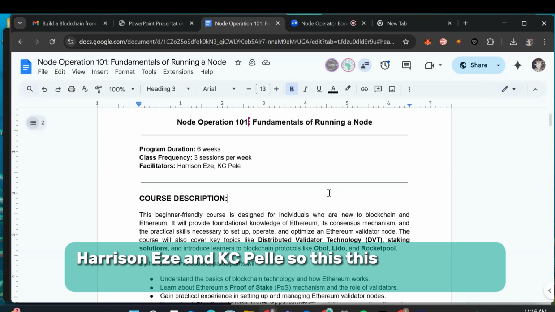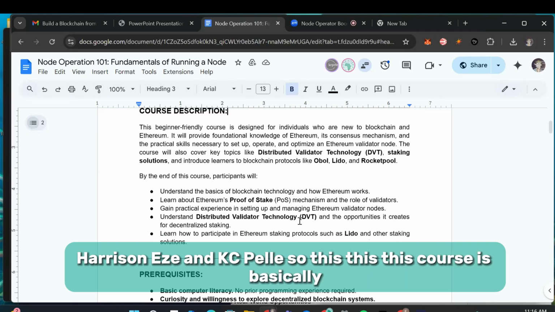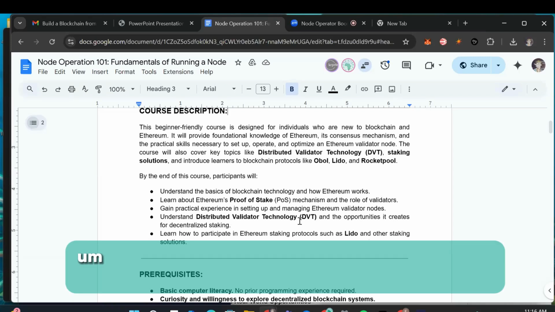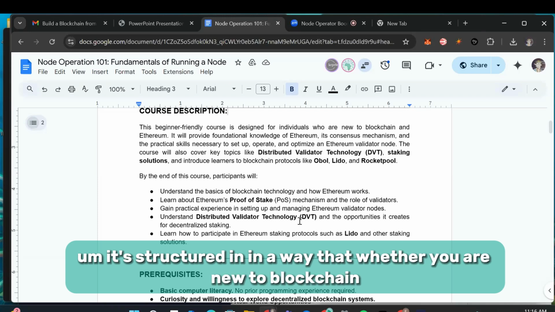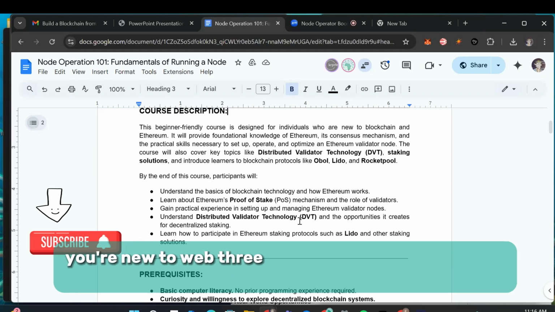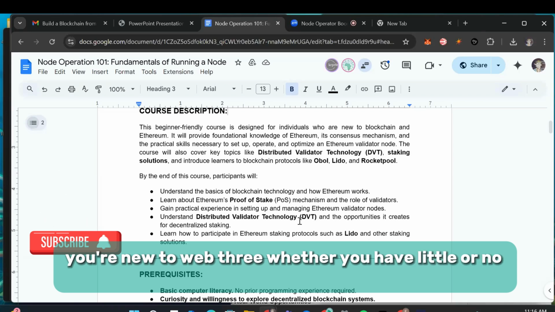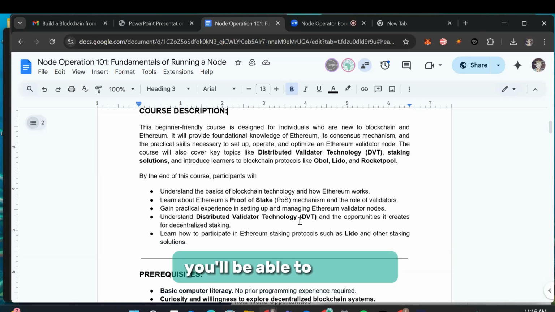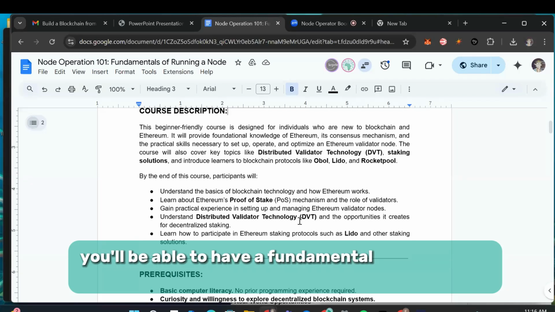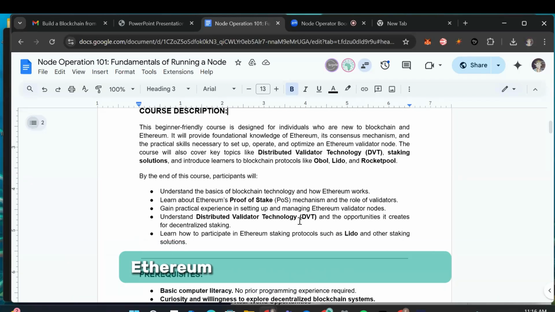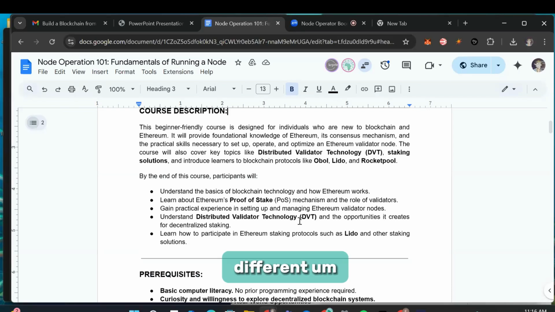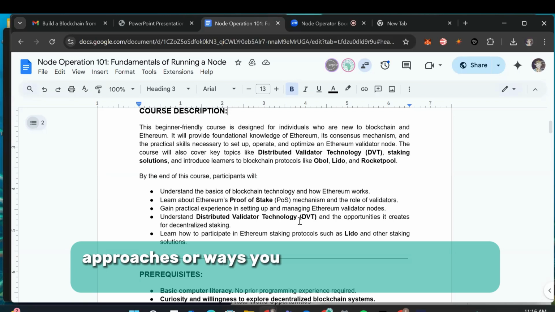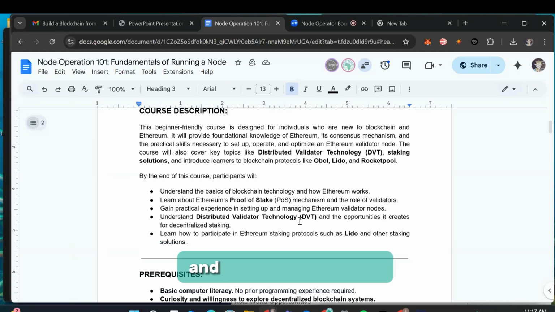So this course is structured in a way that whether you are new to blockchain, you're new to Web3, whether you have little or no experience, you'll be able to catch up. You'll be able to have a fundamental knowledge of blockchain, Ethereum, consensus mechanisms, different approaches or ways you can follow to set up your nodes, to operate it, and also